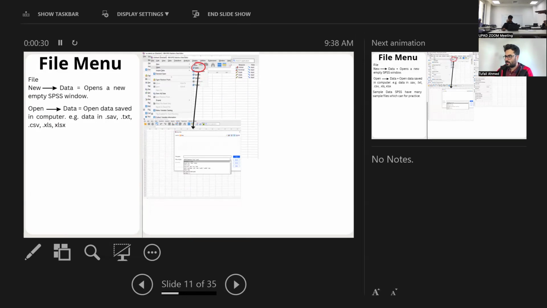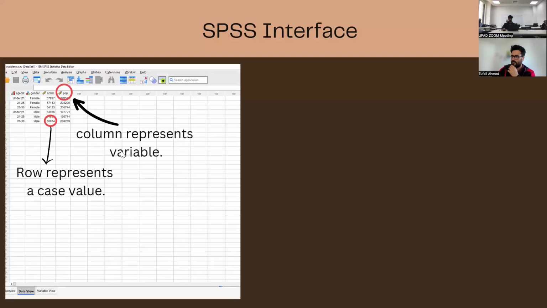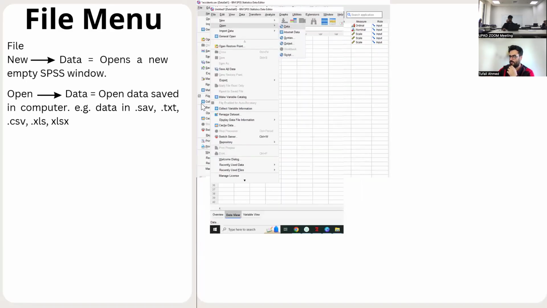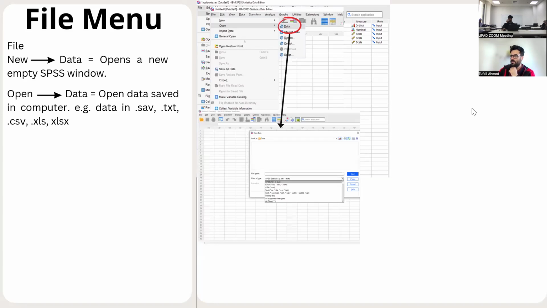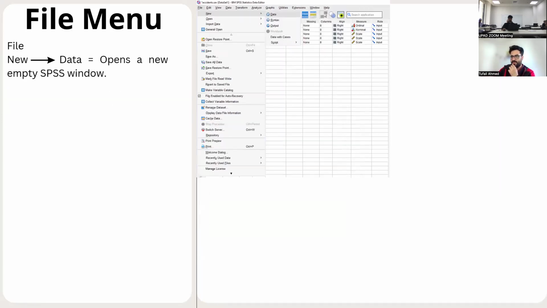Meanwhile, I will clarify one thing. For example, we have conducted a survey, or we have received the data of the sensors from the adapted project. We received it in the form of an Excel file. We can directly import that Excel file into SPSS. How to do it?